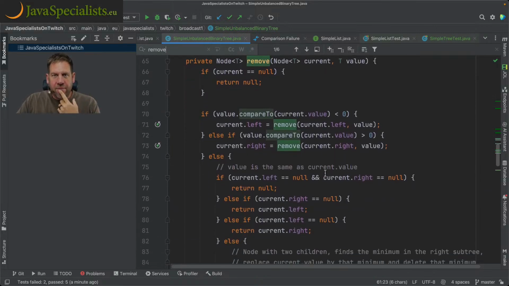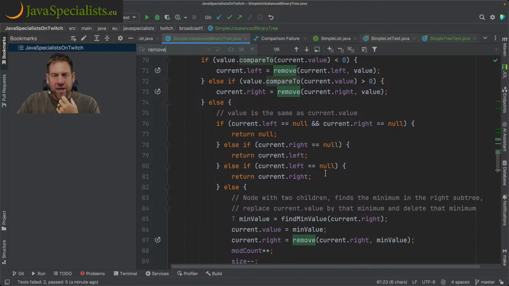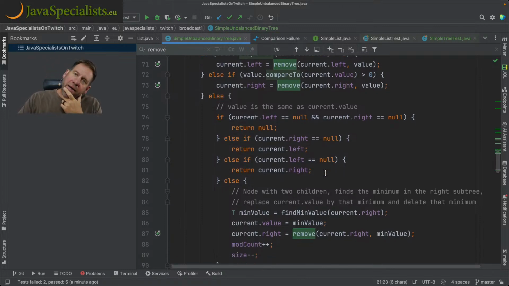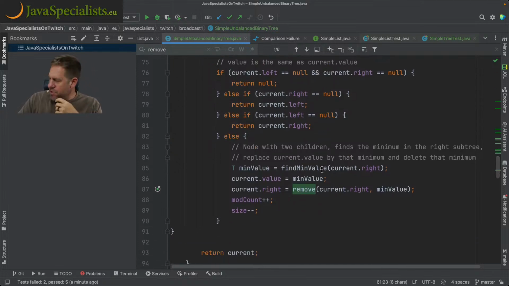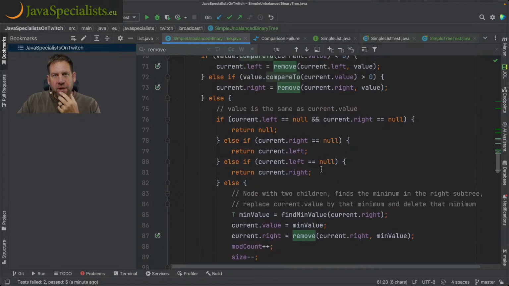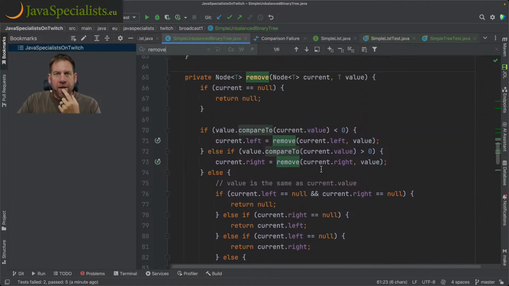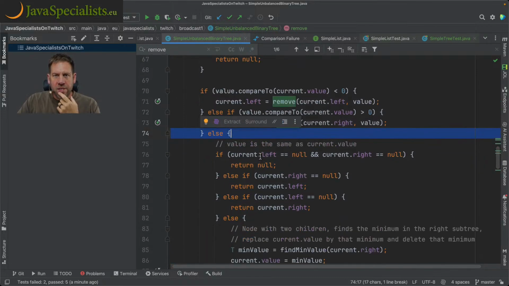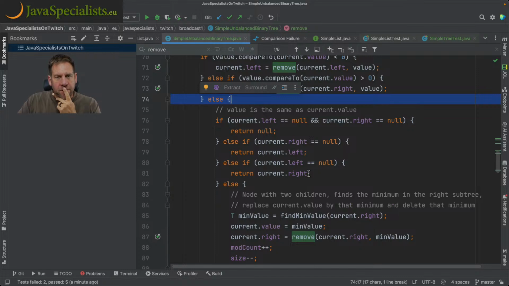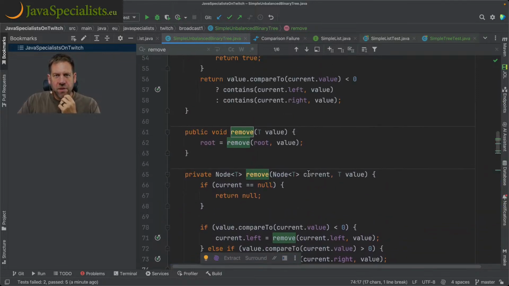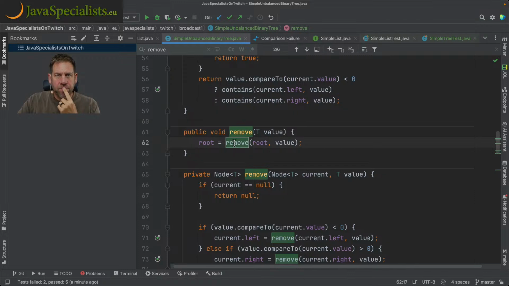You can see this is live. I mean, if anything, this is live. So basically, I guess what could happen is that if there's only one element, which is the case now, if current is null, return null. If value compared to value, okay, so they are the same. If current left is null and current right is null, but the root is null. So we actually need to set the root to null. Oh, and that's what's happening over here. Root equals remove. So,